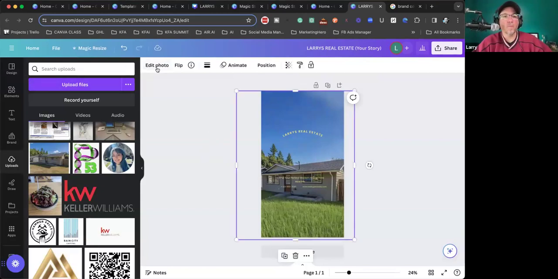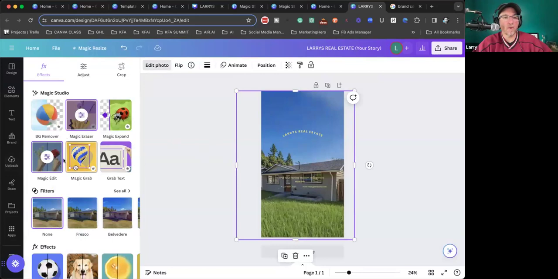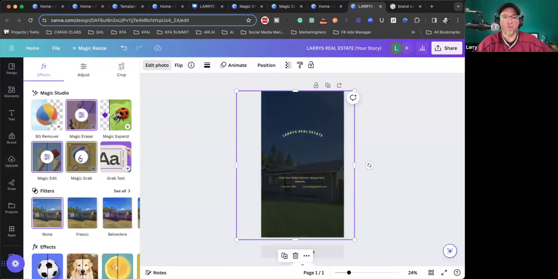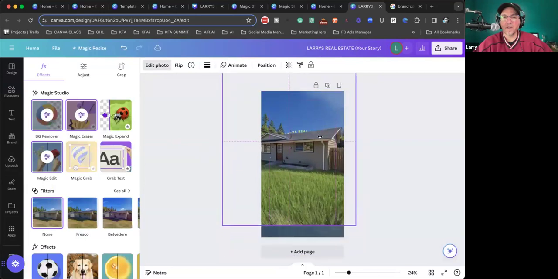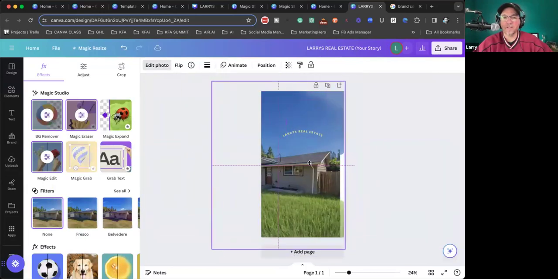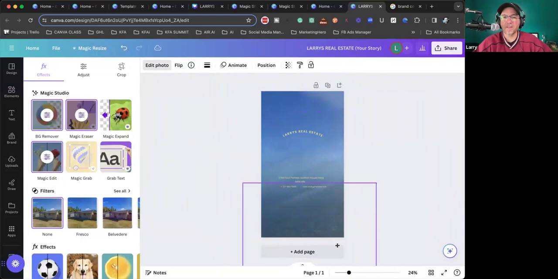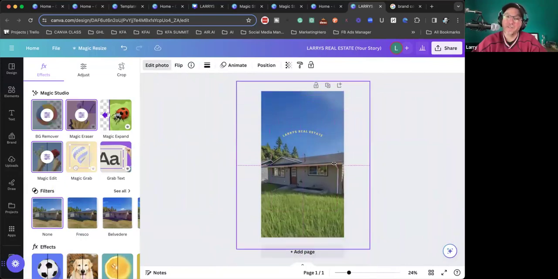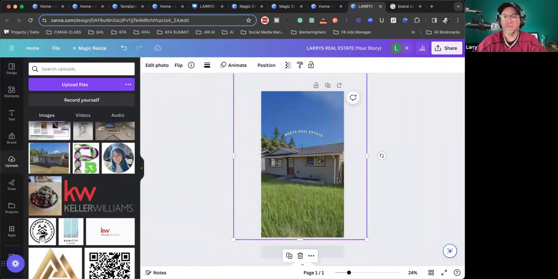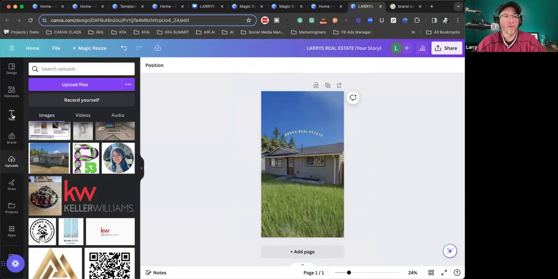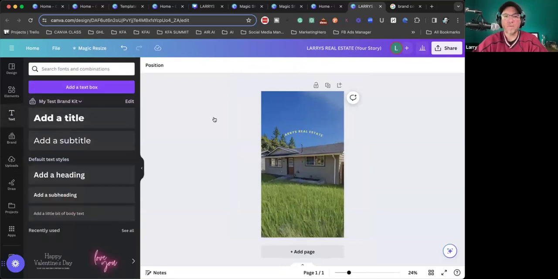Okay. One more thing I want to show you. Let's go to edit photo. The magic grab button is kind of cool. What you can do with magic grab, if I wanted the sky to be gone, I can select the magic grab button and you can see, look at that. Now I have the house and the trees and it removed the background, right? So the background is separate from the foreground,